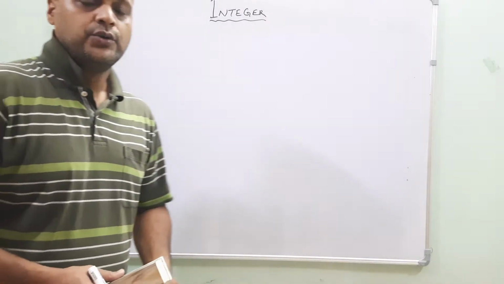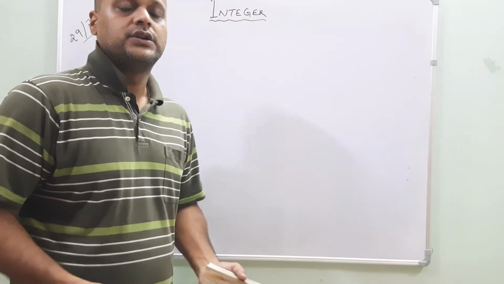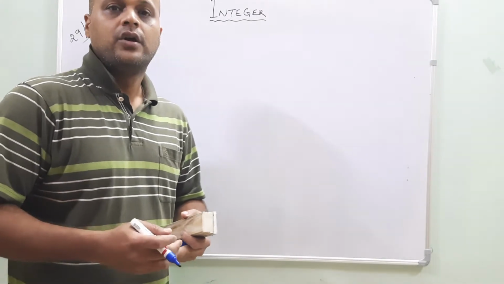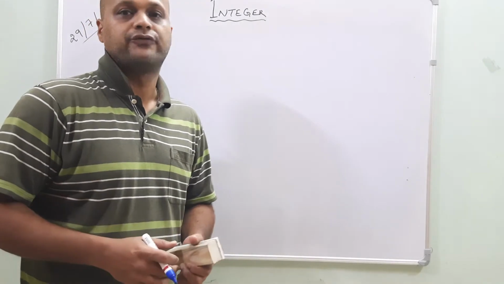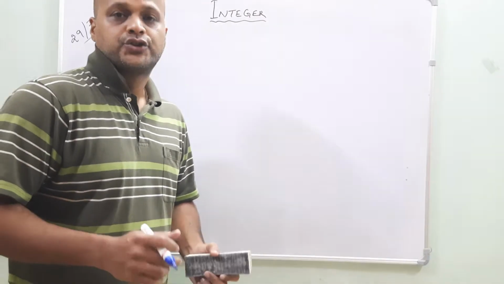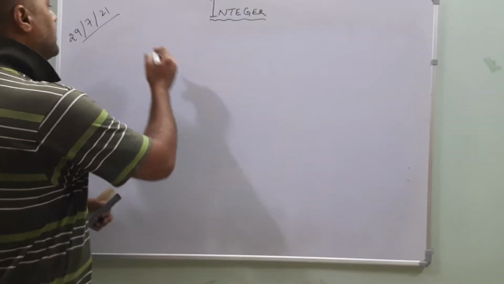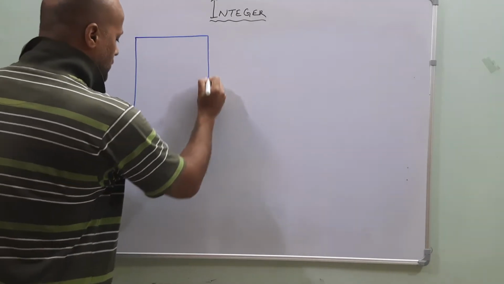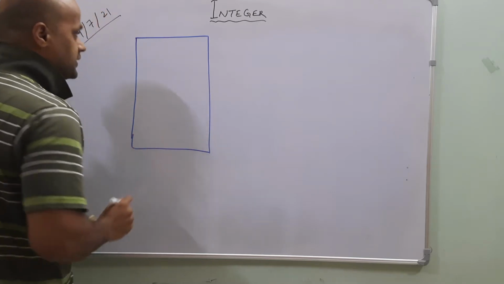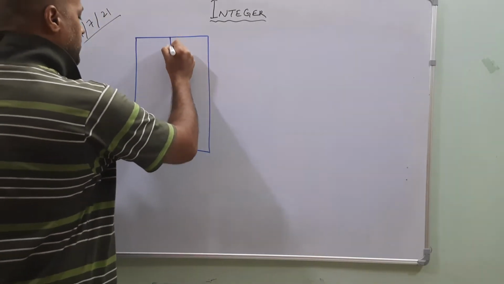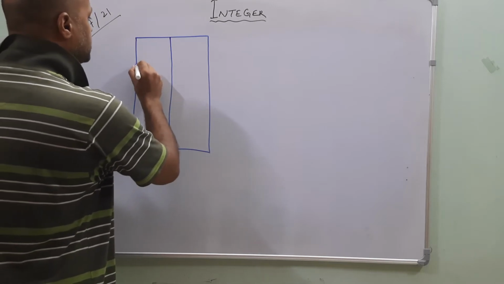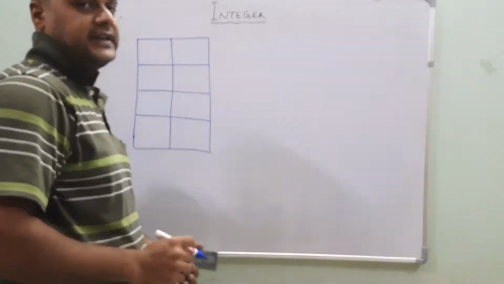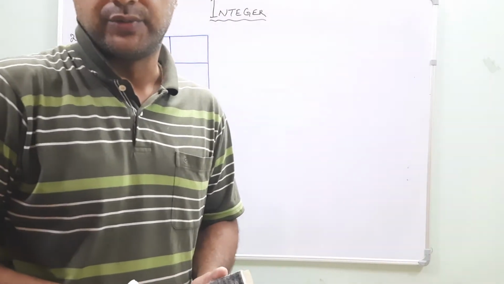Now in the second part we will discuss how two integers are added, subtracted, multiplied or divided. It is very important for you. Friends, remember this. If you remember this funda, then you can solve all the problems easily. In the first chapter we discussed that an integer may be plus or minus. Now we will create some relationships between the integers.